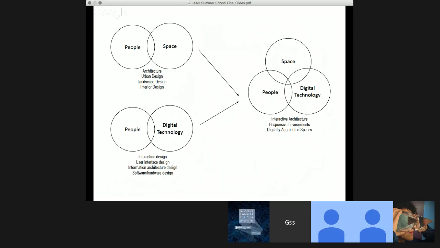In the traditional approach, the discourse of interactive design focuses on two components of the discipline, people and technology. In rethinking interactive design as a discipline concerned with technologically enhanced spatial scenarios, we can add the third element of space to make the triad of space, people, and technology as a new discipline. The interactive scenarios in a digitally augmented space happen amongst the space, the subject inhabiting the space, and the technology that augments both. The question to address then is, what is the nature of this third element, the space of interaction?